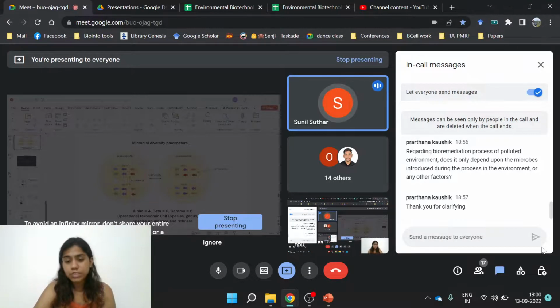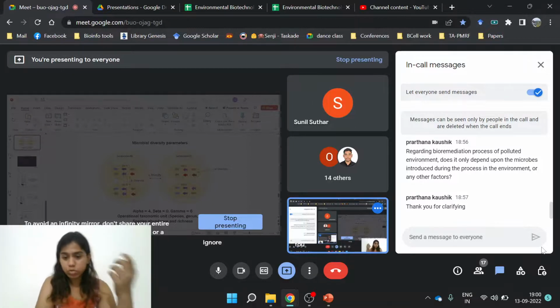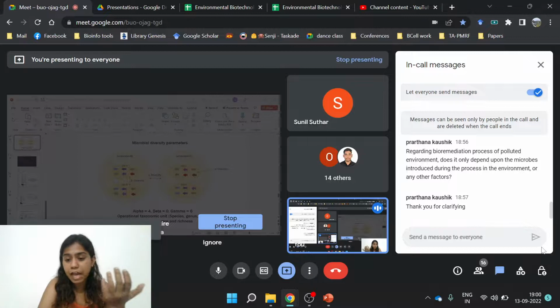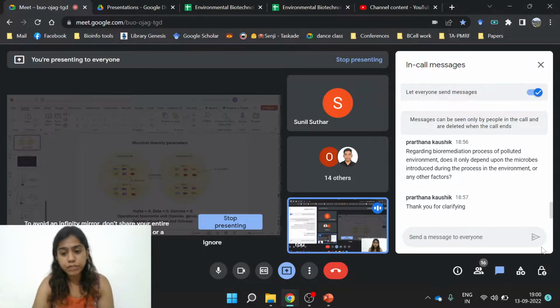Yes, that's what we've been trying to look at using these different methods. Those methods, like you said, look at microbes that are already there in the environmental sample, but that also gives us information about what kind of substrates they grow on, what kind of processes they undergo, and how they can convert a particular substrate. In some of the previous classes, we have looked at the different organic substrates that can be used by certain microbes for converting and so on. So if we have that information from prior studies about what different substrates can be used, and if we know the composition of the wastewater, what kind of waste products are there,